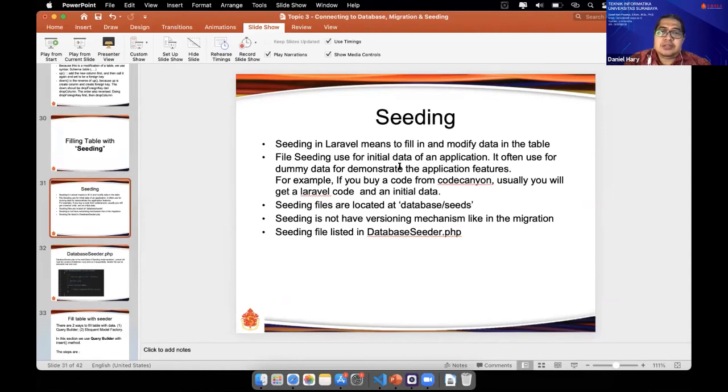Usually it is used to initiate data for the application, for example master data, not transactional data, but lookup data or master data.